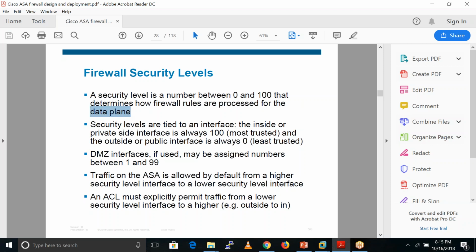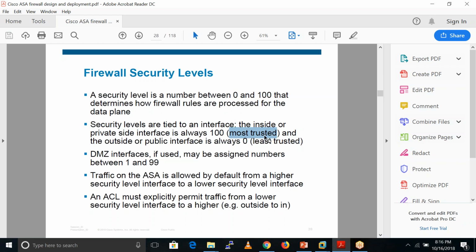Data plane means the actual data initiated by the user towards the internet or towards any publicly available server. Security levels are tied to an interface. The inside or private interface is always 100, which means most trusted, the network where the actual users are and whom we trust.